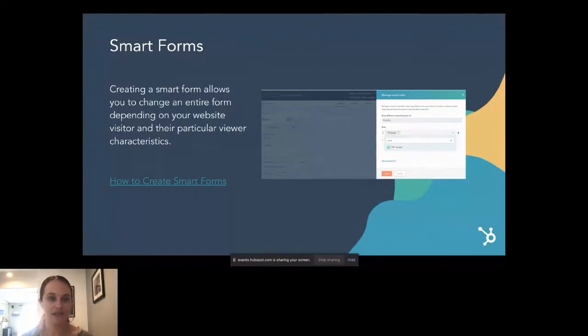And we have the knowledge base article. Again, it's a really good one on how to create smart forms, linked out here. You'll be getting that later this week. It's also pretty simple just to look up in the knowledge base. Put in smart forms, it should come up for you. I love the knowledge base. So feel free to look into that, and I would recommend playing around with it so you can see the different power that these forms can have to speak to different people in their stage of the buying journey.